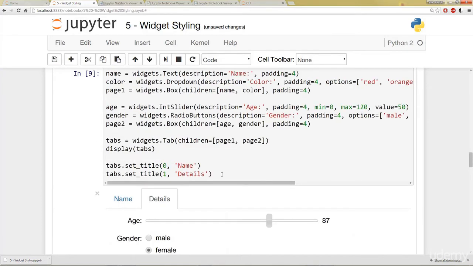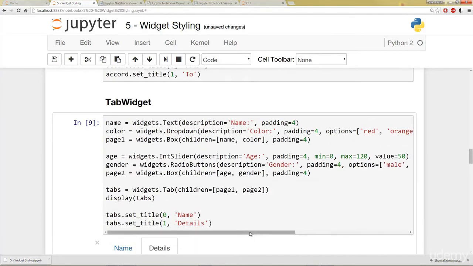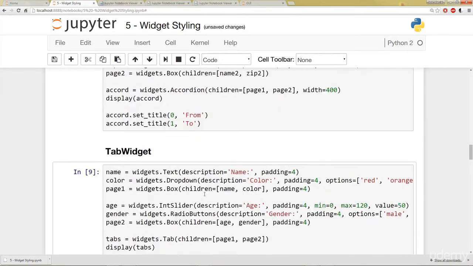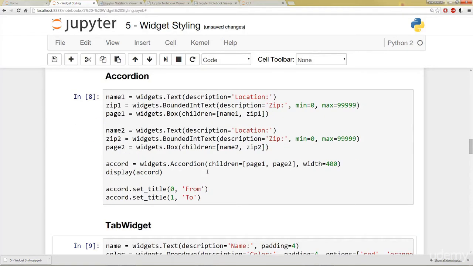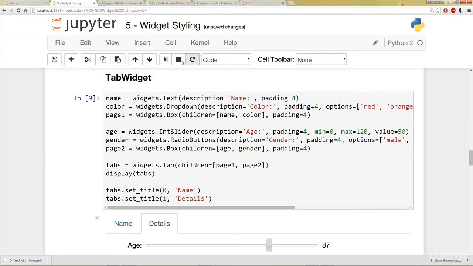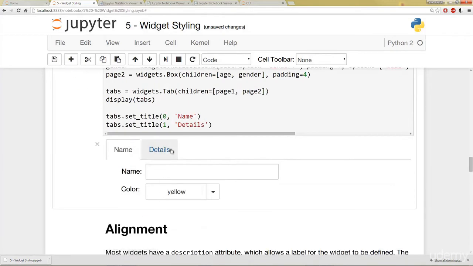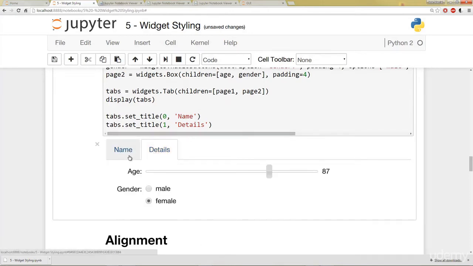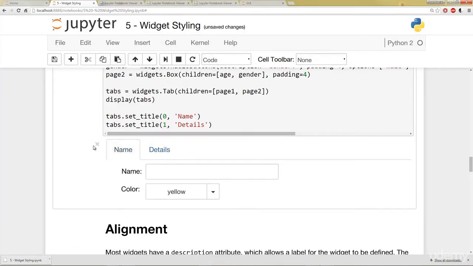Okay, so go ahead and read through these two cell blocks, make sure you understand them. But basically what's happening here is for this first section, we're passing in children to this box. And then in the second section, I'm putting these two boxes together. In the first section with an accordion style, and then the second section with a tab widget style. So that way if you want multiple widgets everywhere, you can organize them with either the accordion or the tab formats.